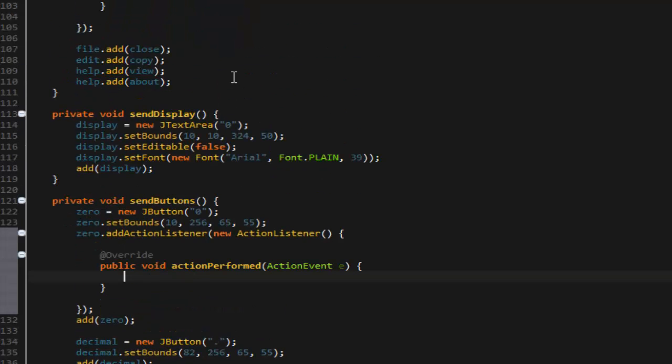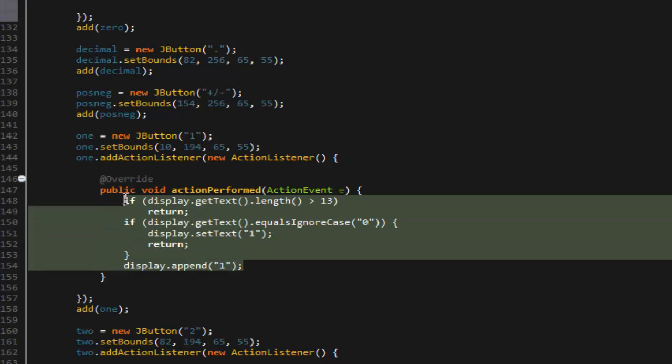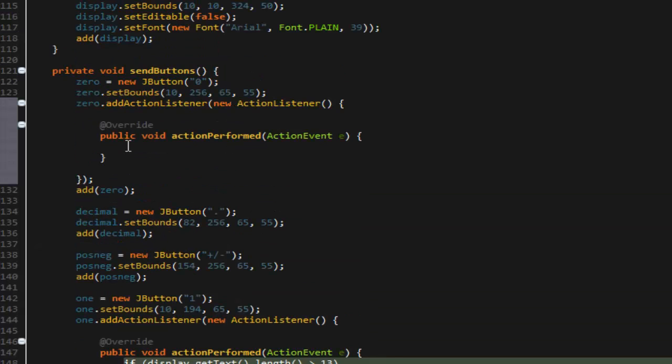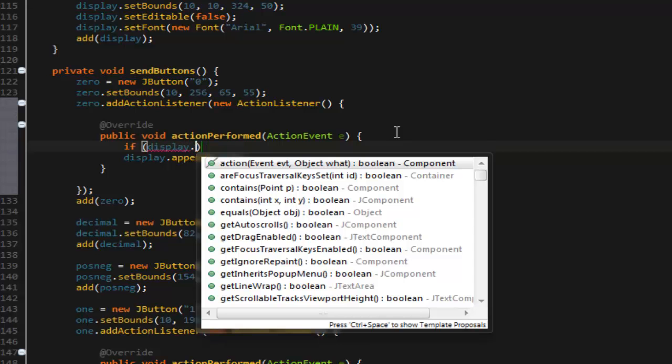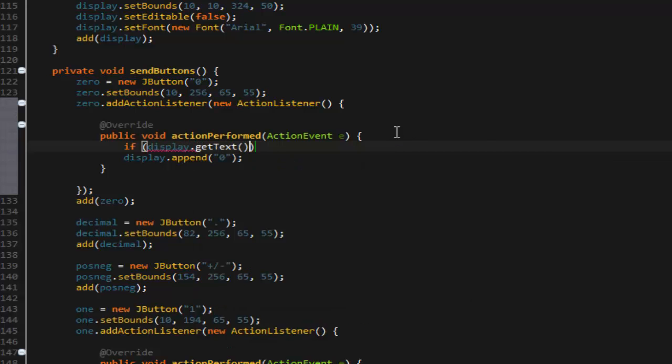Alright, so we're going to do the 0. We could just easily copy this code, but we're going to have to change some stuff. Actually, there's really no... who cares? So we're just going to display dot append the 0, so you can add a bunch of zeros in there. But what we do need to add, though, is if the display dot getText dot equalsIgnoreCase 0. What this means is if the display is only but a 0,